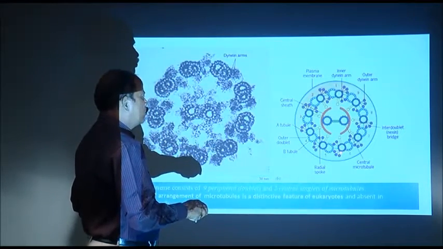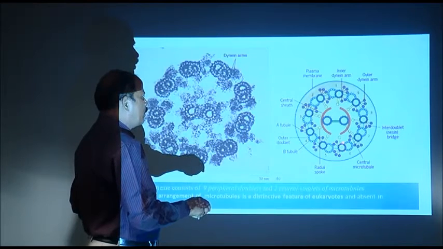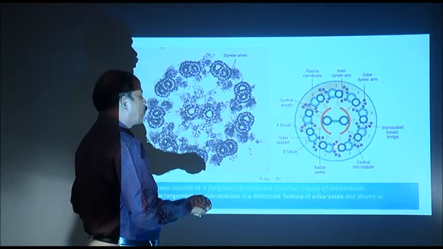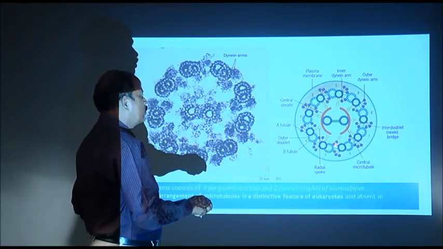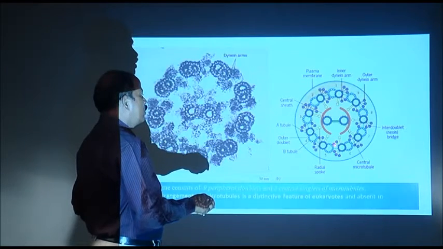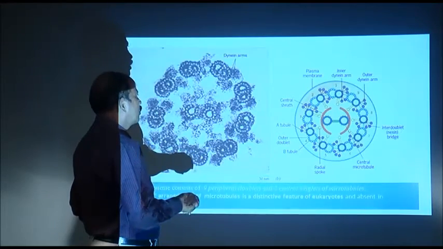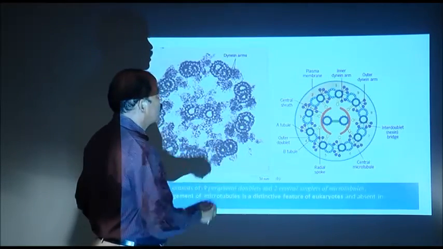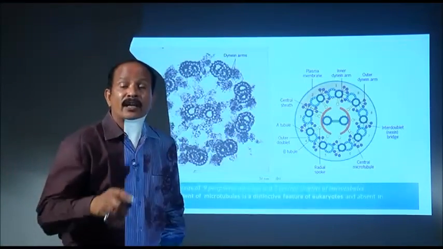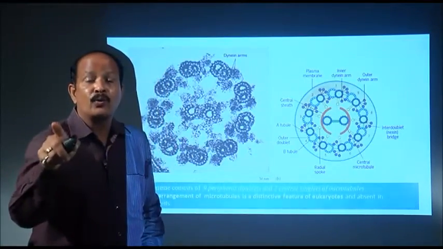I can tell you in the outer of this complete microtubule there are 5 brown color proteins, 3 in the outer, 2 in the inside, 3 outer side, 2 inside. These are called dynein. You can see somewhere these are dynein. Dyne means unit of force, D-Y-N-E, dyne, unit of force.